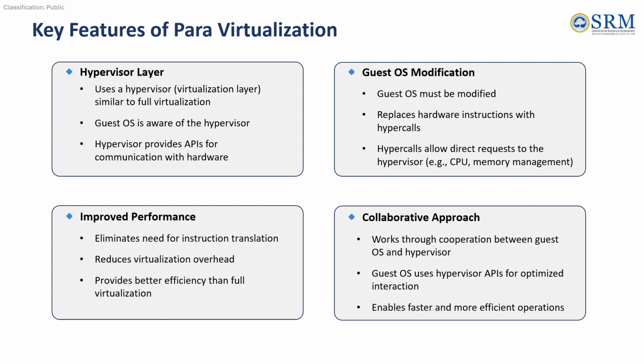Another key feature is guest OS modification. The guest operating system must be modified to replace normal hardware instructions with hypercalls. These hypercalls allow the guest OS to communicate directly with the hypervisor for operations like CPU and memory management. Para-virtualization also follows a collaborative approach where the guest operating system and hypervisor work together for optimized interaction and faster execution. You can compare this to a smart classroom